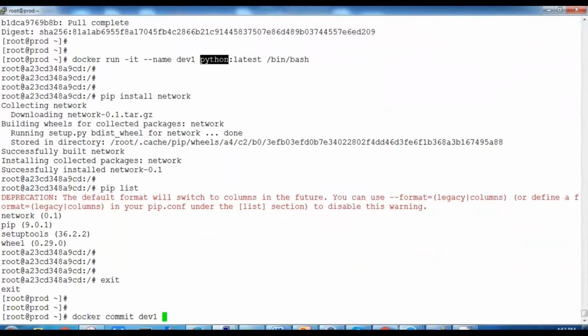We want this image to be python, let's say example version 1. We are not talking about latest, we are saying python version 1. And if you are going to save it on Docker Hub, my username should come first, and then the image name and version. So in this way we are committing it.